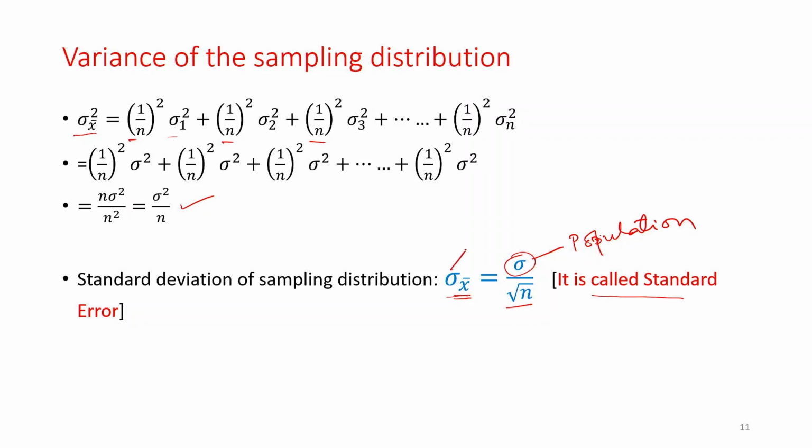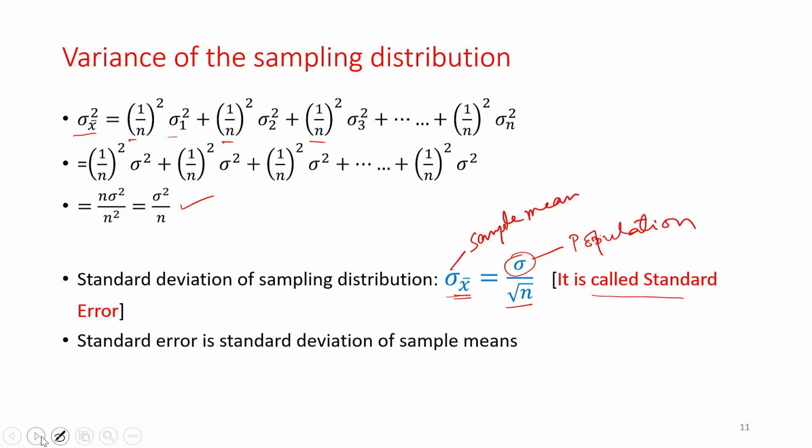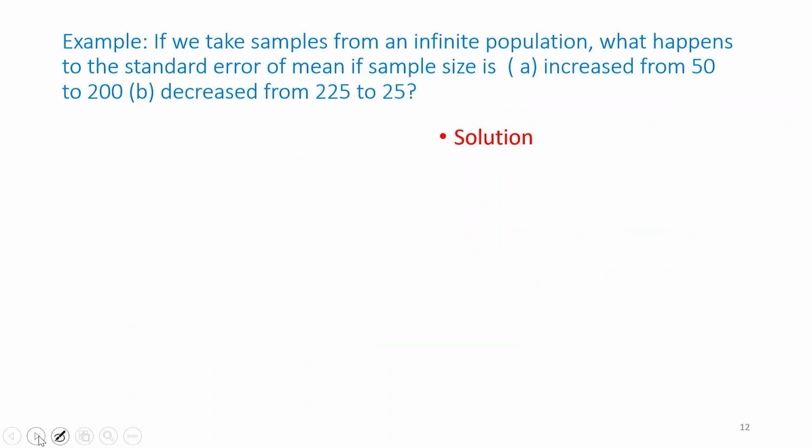And this is for the sample. Sample means. That is the relationship between them. The standard error is the standard deviation of the sample mean. That's what I said. And now we will be going